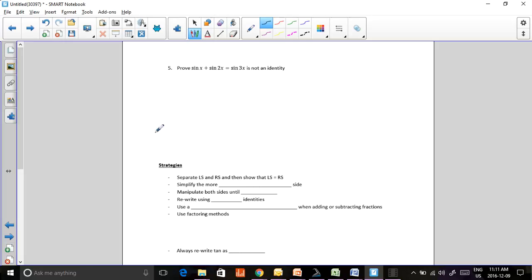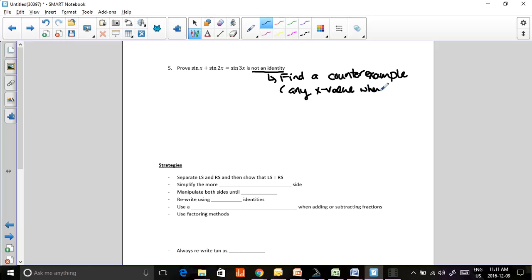Okay. Now we're just going to prove something is not an identity. To prove that something is not an identity, the way you do that is to find a counterexample. A counterexample is just one instance where something isn't true, and that's enough to prove something is not true. To prove something is true, you need to show it's true all the time. You can't use an example. But to prove something's not true, you just need to show it's not true one time, and then you can say it's not true. So a counterexample is any x value